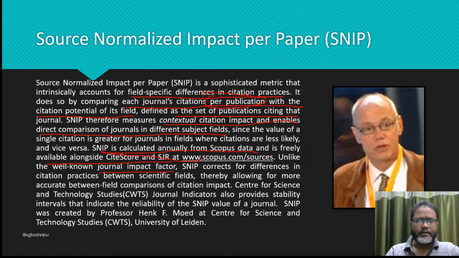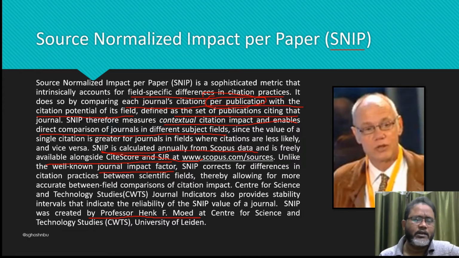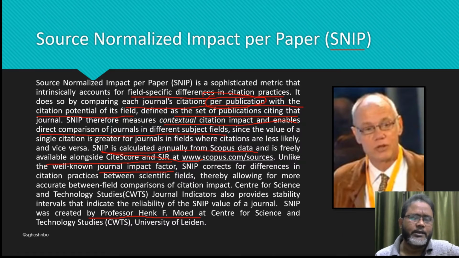The person who developed this is Professor Henk F. Moed at the Center for Science and Technology Studies, University of Leiden. He developed this, and SNIP is considered a better modification, much more research oriented and much more relevant